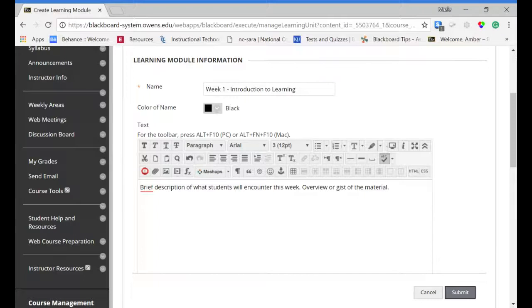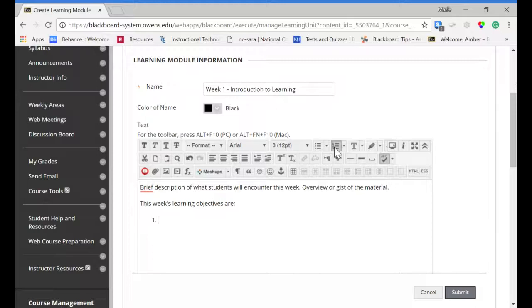So if I were to say, this week's learning objectives are, and then I'm going to put a colon. Now I want to make a list. I could do it here and just type in 1 and a period. But what if I want to indent? What if I really want to get fun? I can come up here to the number list and click it. And same as it would be in Microsoft Word, you click that button and it gives you a number 1